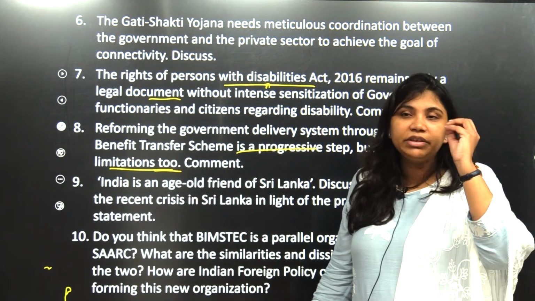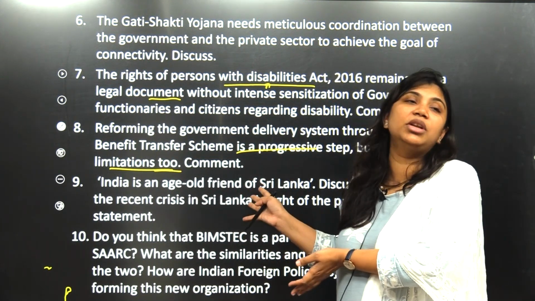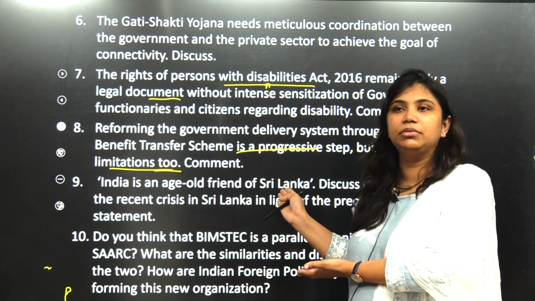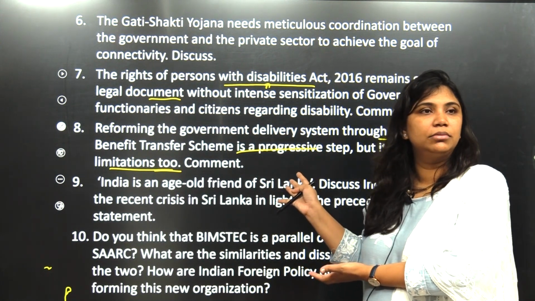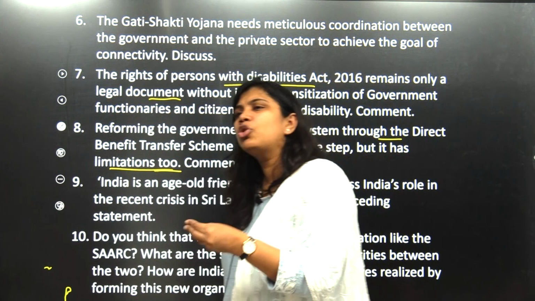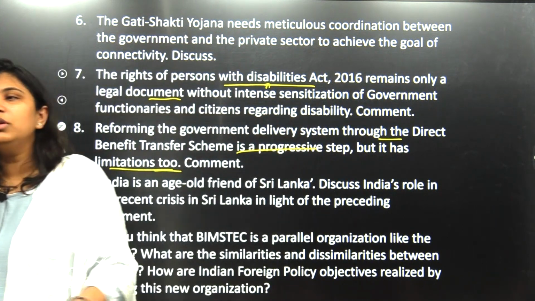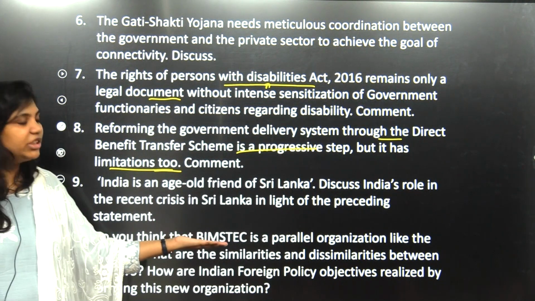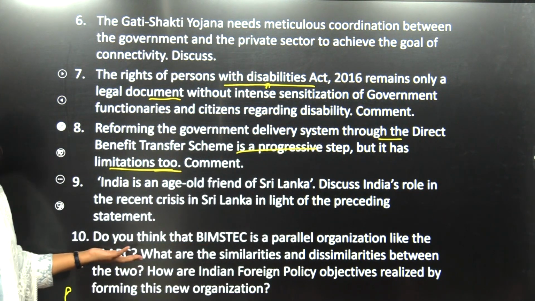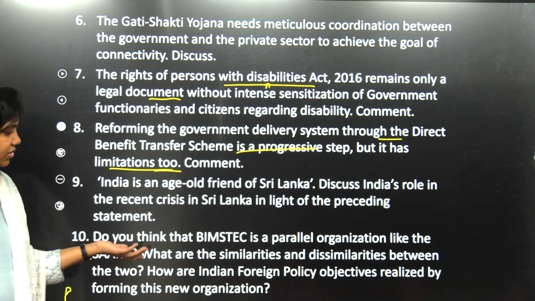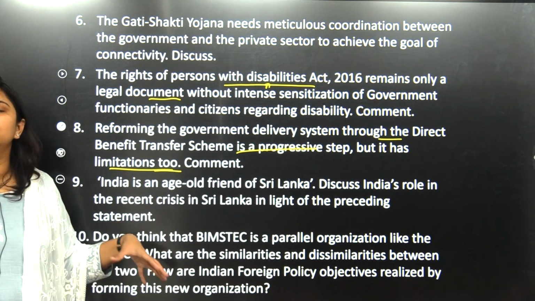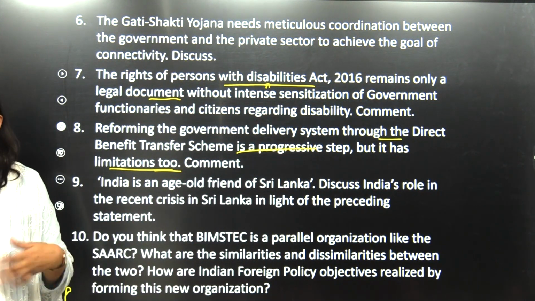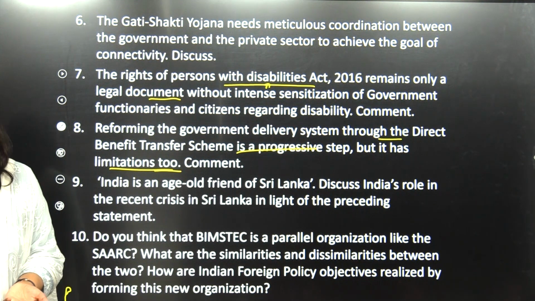Indo-Sri Lanka, I invested a lot of time in discussing Indo-Sri Lanka relations. That was another question. Straight away questions they are. So purely international relations are always dynamic. So they were reflected here. See, if you observe this question, what is BIMSTEC, what is SAARC, if you know them, and what are the limitations with the SAARC, and what are the advantages, how beneficial they are, how challenging they are, what are the problems with the organization.